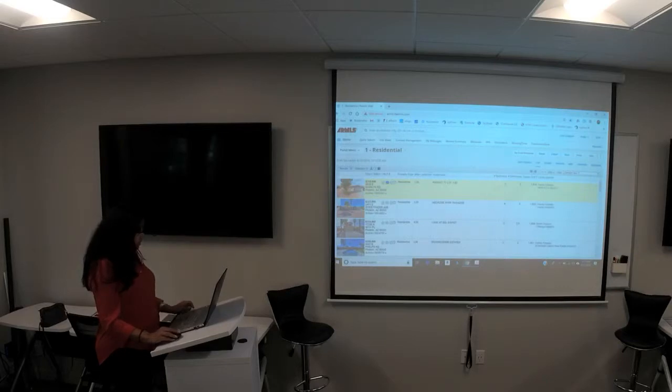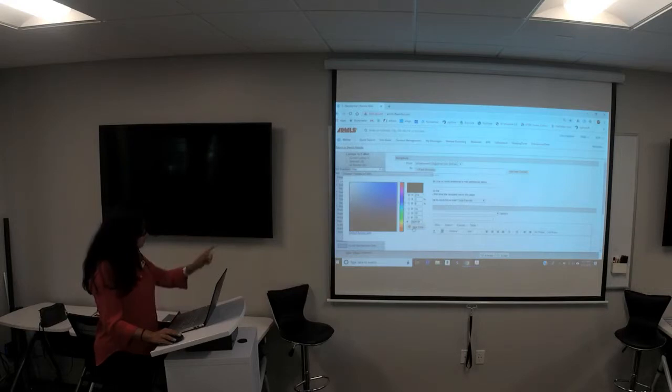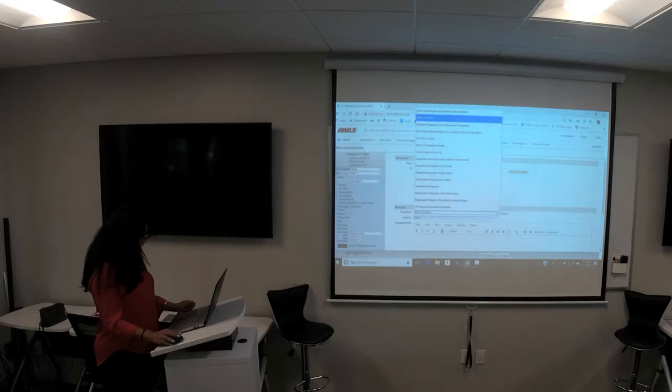Now, if we want to email these properties to Fred, we'll click here on top to select all of those listings. Go over here to email. This is something that I do. You don't have to do this. I don't like this blue color. My colors are black and red like my home group, so I always change my default to black. You can use any color you want in here, or you can leave it the way it is. The default is that light blue. And I keep forgetting I can look at my screen. I'm looking up there. I've saved a bunch of templates, and I'll show you how to do that in a minute, but I'm just going to go